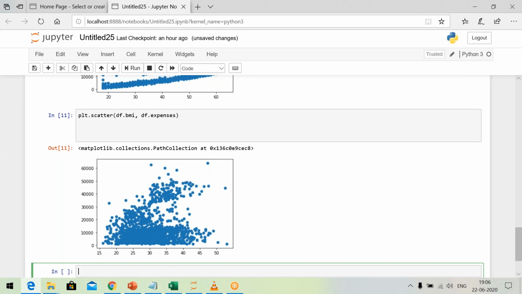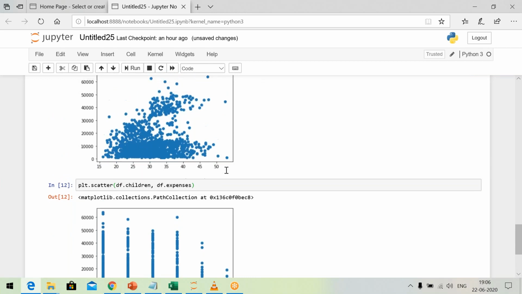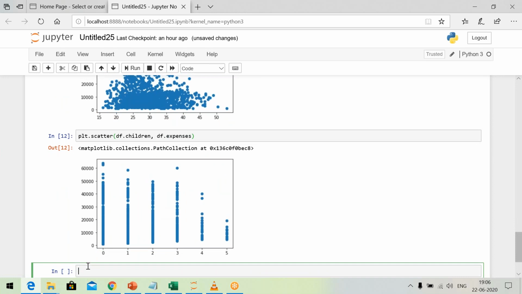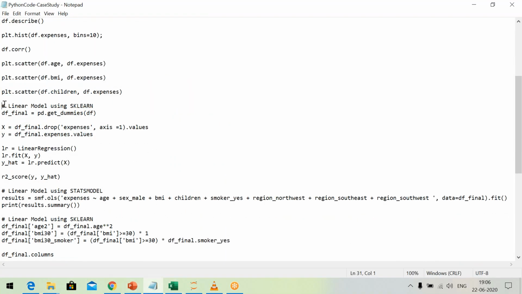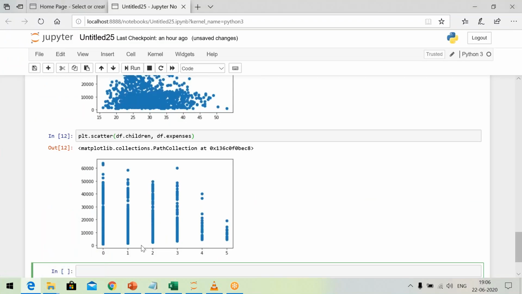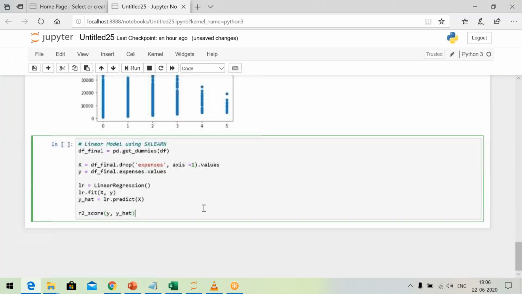It's an upward trend. Now, the last picture, the figure that we are going to draw, is to find out the relation between expense and children. There is a very clear relationship, but here the relationship is somewhat peculiar. Let us not worry about them. Let us just note down and proceed. Now we are going to carry out the most important and interesting point of the code. There we are going to find the relationship between the variables.